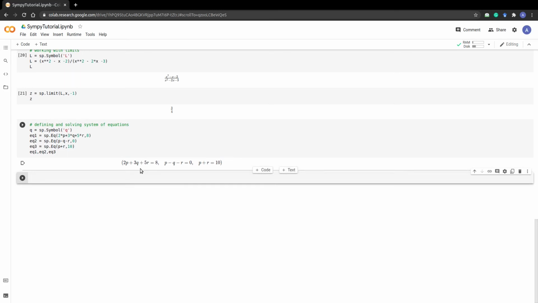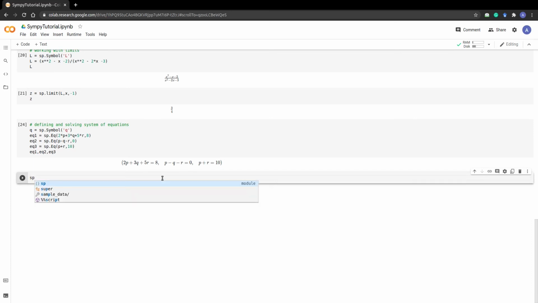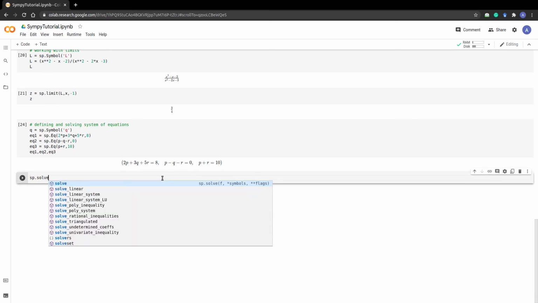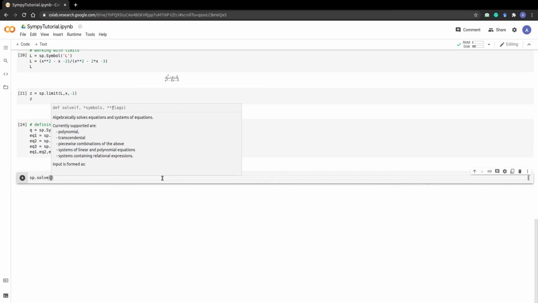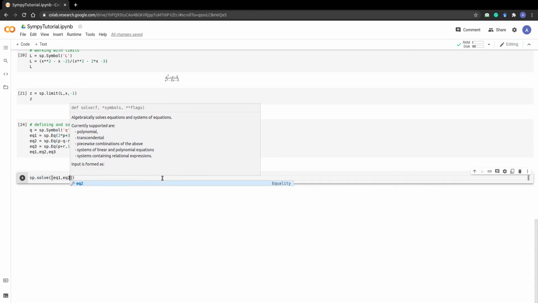Okay, so we can define equation 1, equation 2, equation 3 in terms of p, q and r symbols. Once we have these equations in symbolic form, we can solve these equations for the variables, for the symbols p, q and r. And to solve that, we just need to call the solve method in the sympy package, and the solve method takes 2 arguments. The first one is a list of equations, in our case, which is equation 1,